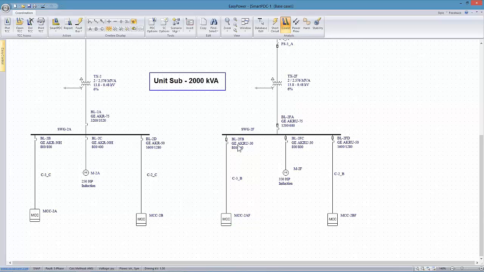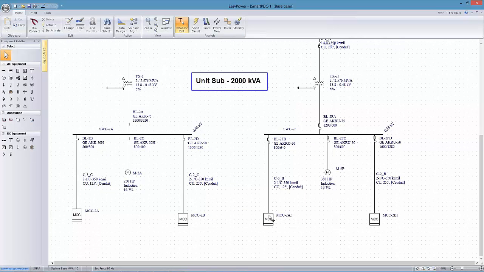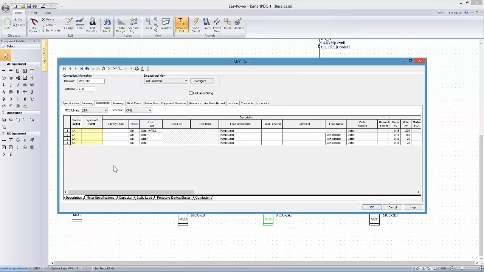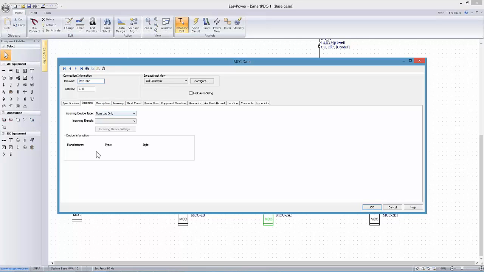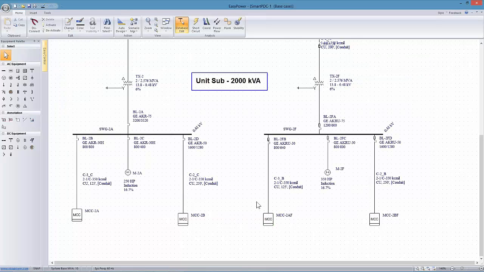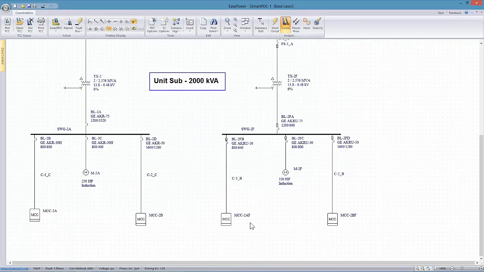Now, for an MCC, the coordination will work in conjunction with the MCC breakers if they've been designated as having TCCs. So if we look at the description, here's a motor with TCC, so consequently the parameters of this particular molded case circuit breaker will be plotted on our coordination curves. In this case we don't have a main breaker shown upstream for this bus, so what we will plot when we get to the TCC curve is that breaker on row 1 and then the breaker here that we're going to be coordinating against, at least in the first step. So as I left click and drag to select those 3 devices,